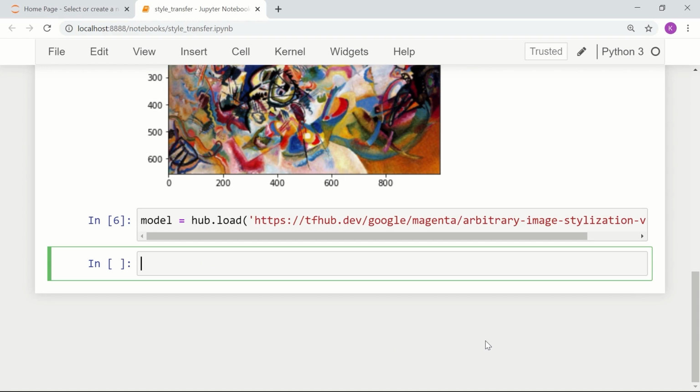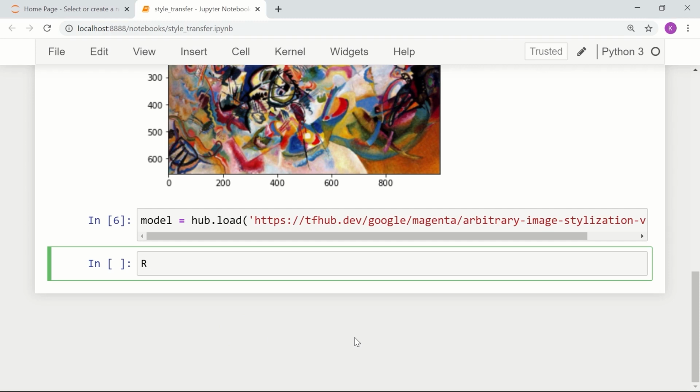By the way, if you go to the official page at tensorflow.org, they have another full-fledged notebook for going through the cost functions that we saw in the last video and implementing the full cost functions from scratch as well. But in this particular video, I'm going to give you a very quick start. How can you do that?